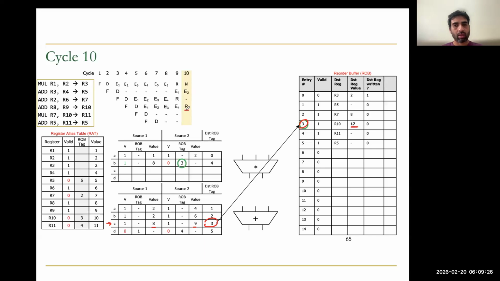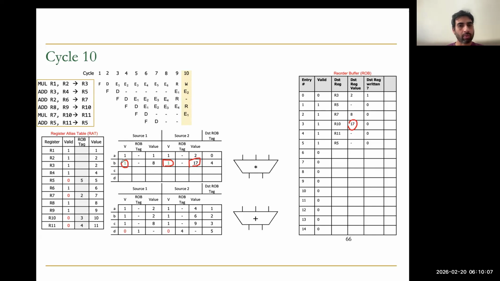Wait a minute. Yeah, sorry. In the same stage, what we also do is compare the entry number for this instruction with any tag values, only in the reservation station. So we have one match here, right? So we update it now to be valid and provide the result 17. This is basically the same result copied into the reservation station. Now both sources are available for the multiply instruction,